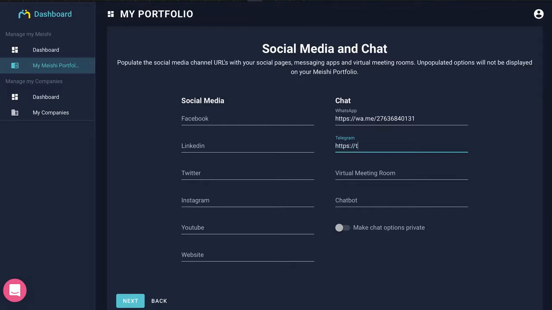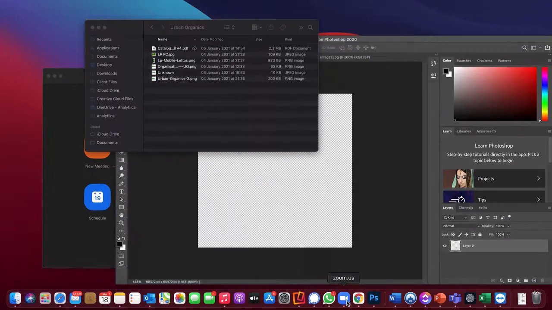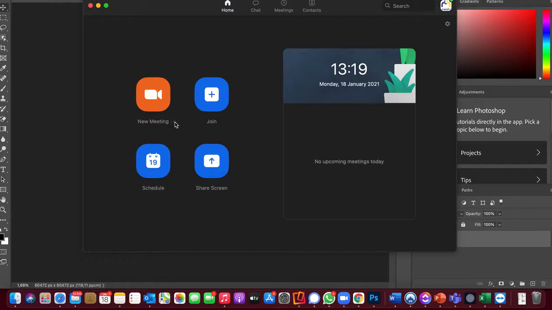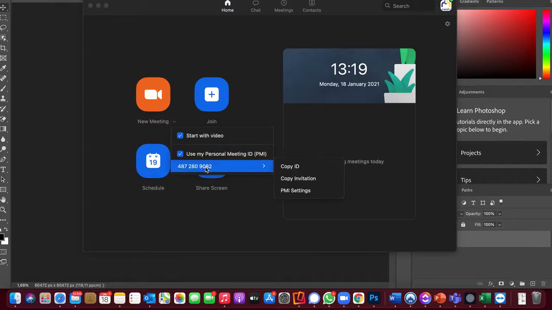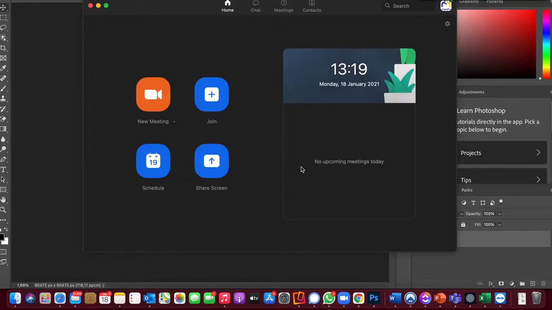Telegram is https:// t.me then your username on your Telegram link. You usually find it on the app. So mine is Bruce Koenig. Okay, and then you can put in your Zoom links. That's quite important. Let me show you how to do it. So all you should do is you open your Zoom app. You go to the unique number and say copy ID. Actually, what I'm going to do is